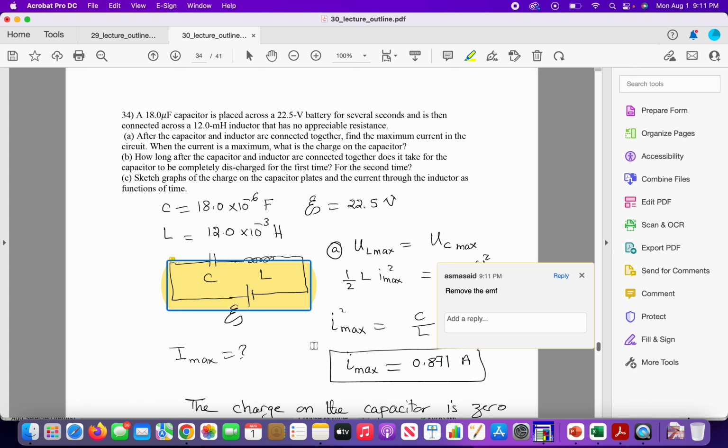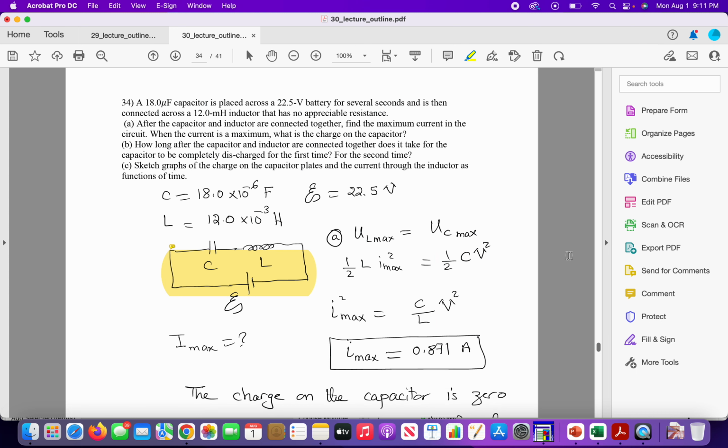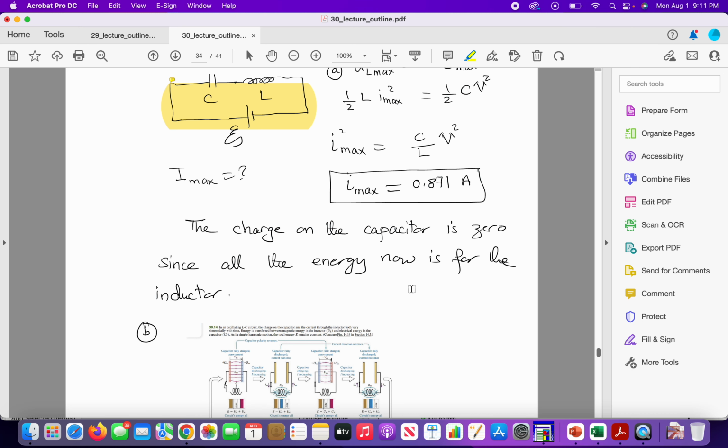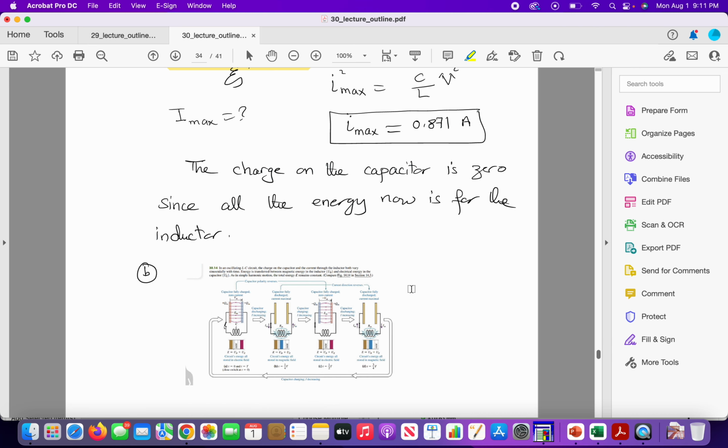All right, and then I will say here the charge on the capacitor is 0, since all the energy now is for the inductor, and then we are going to have that switching between electrical and magnetic energy for the whole period,